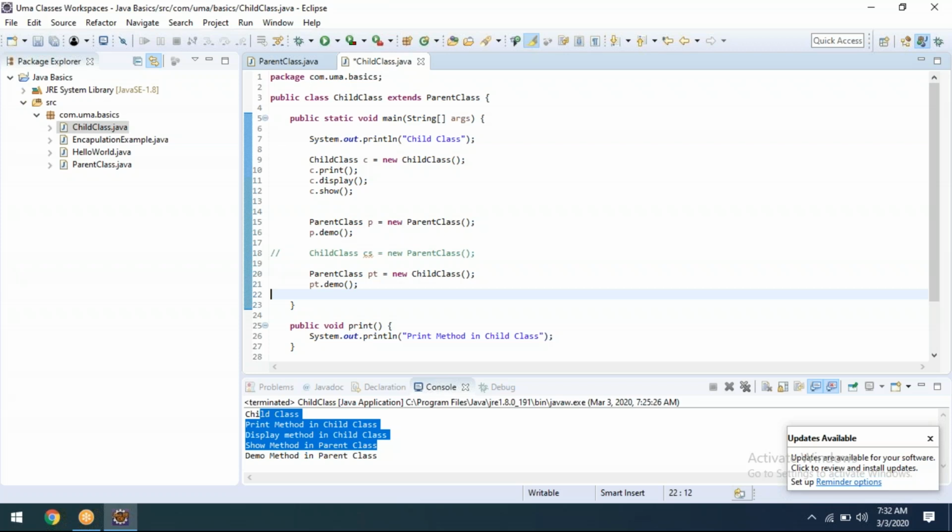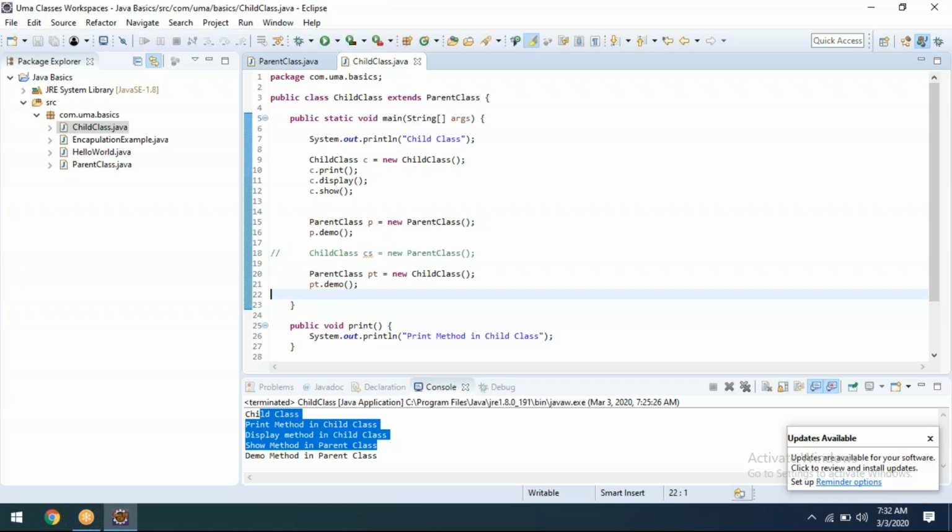These are the minimum things we need to remember; let me repeat it. What do we mean by parent and what do we mean by child? When we make the connection between two classes, how do we understand which one is the child class and which one is the parent class?